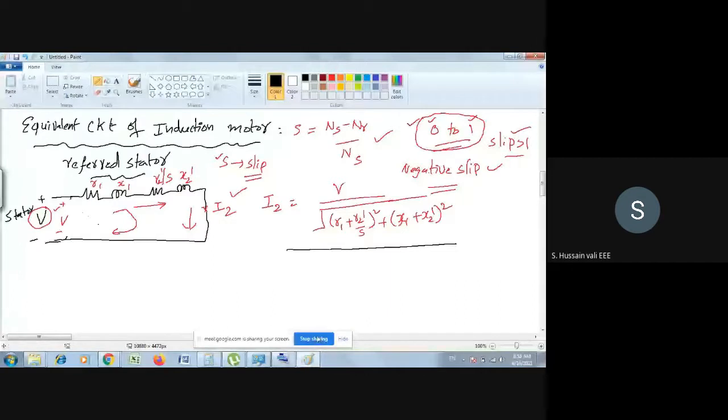Then further what we do is that, see, ultimately what I'm trying to do is that I want to derive the relationship for torque. What is the relationship for torque? This is what exactly I'm trying to do right now. Okay, so how to do this is that, see, recall how can I get the torque? So torque can be obtained from